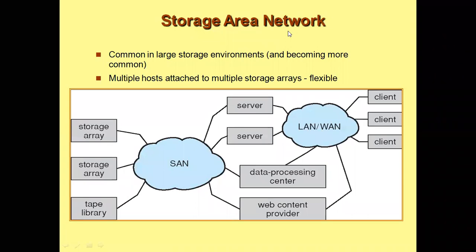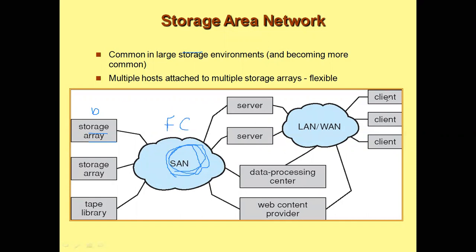Storage area network is used in very large enterprises. We have a dedicated network called SAN. In the previous one, I said that NAS has an OS and looks something like a file server. But here we have only storage, with no operating system associated. This will be only disk drives, a very huge amount of them, connected to a network called SAN. This SAN is implemented through high-speed networks using fiber channels, so it is very, very fast.